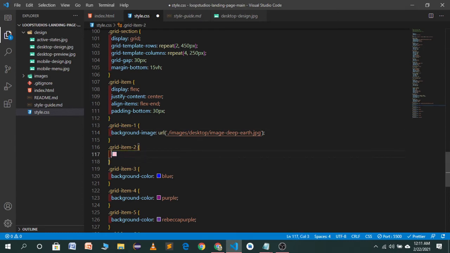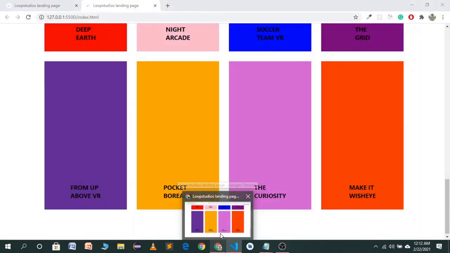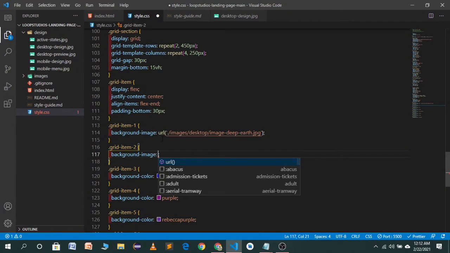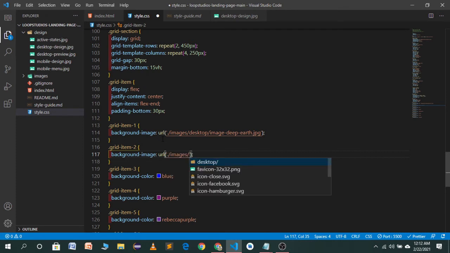For the second one we will have a background image of, I think so, night arcade. So the URL dot slash images desktop, which this one will be a night arcade, which will be this one.